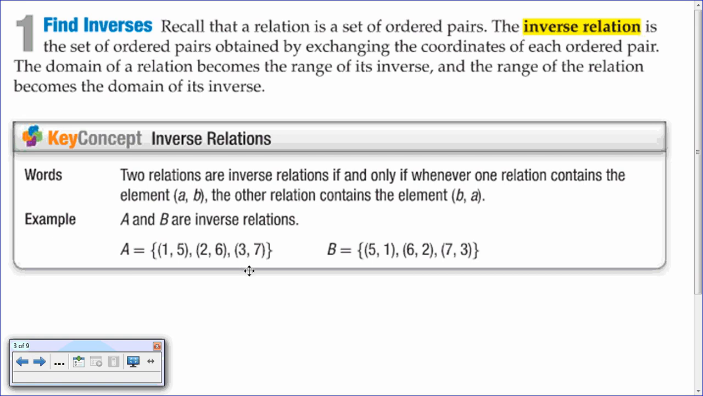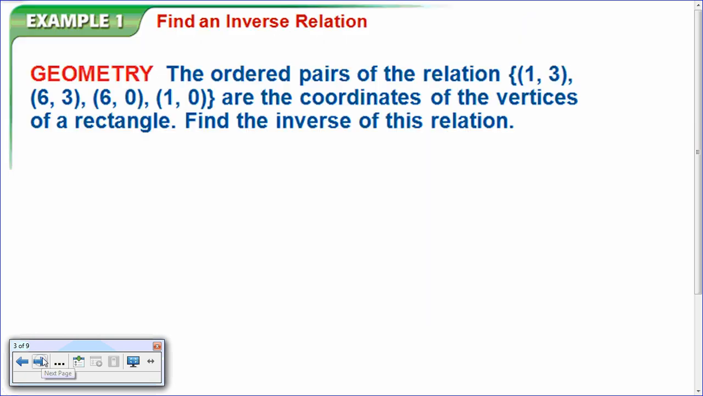All right, first of all, what is an inverse function or relation? An inverse is basically where the domain becomes the range and the range becomes the domain. In other words, the x becomes the y and the y becomes the x. Here we've got an example of two relations that are inverses of each other. Notice 1, 5, 5, 1, 2, 6, 6, 2, 3, 7, 7, 3. So when you're doing your first set of problems up here, all you got to do is take and switch